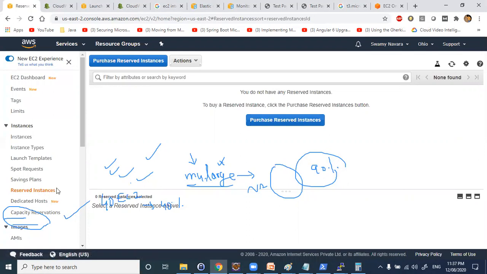So you might ask one question here: what about after 3 years? Will they terminate my machine? Because you reserved only for 3 years and paid for 3. They will not terminate your instance. What they do is, they will move your EC2 machine into on-demand. So then the on-demand pricing will apply. So the instances will not be terminated without your notice. Okay.